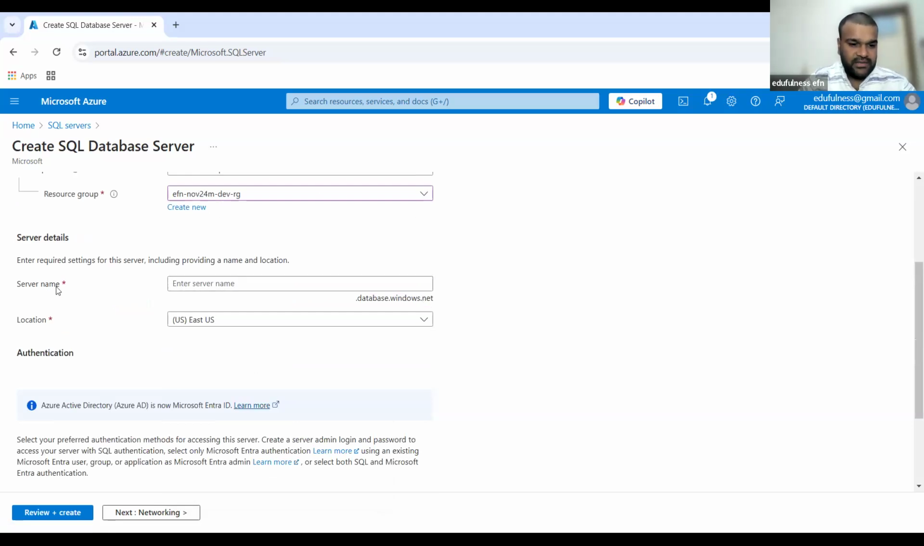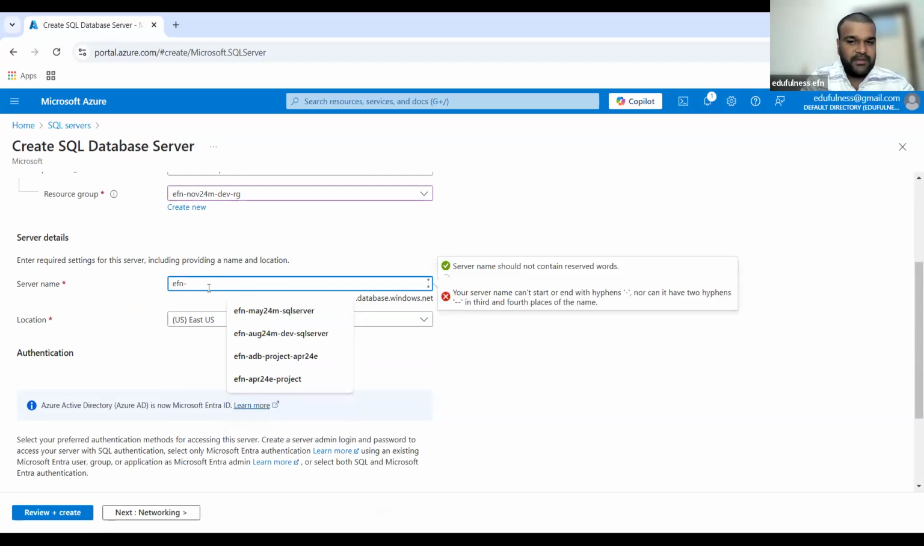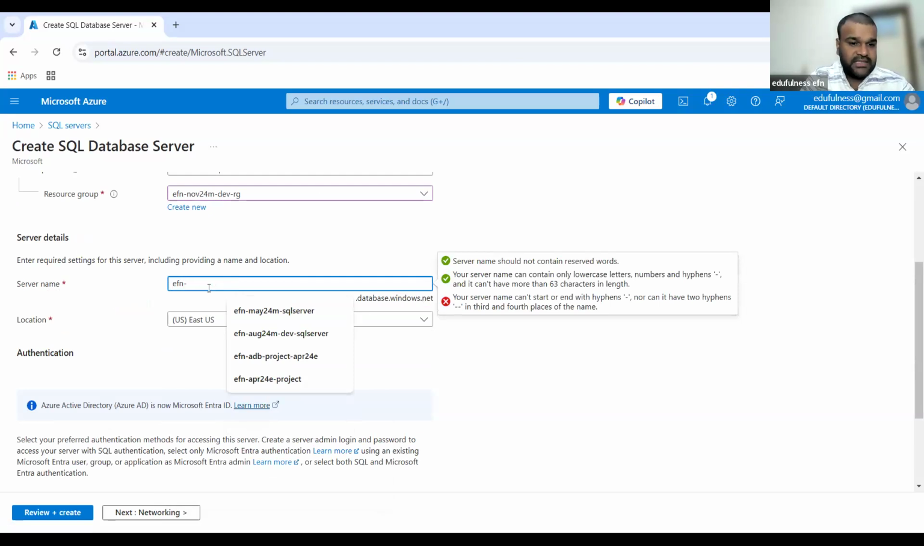What you want to give as the server name, that's what you are going to provide here. So the server name, as we discussed earlier, follows the same hierarchy. So EFN, maybe your client name, and project name. For example, November 24 M. And then